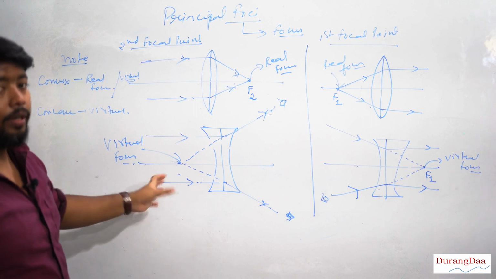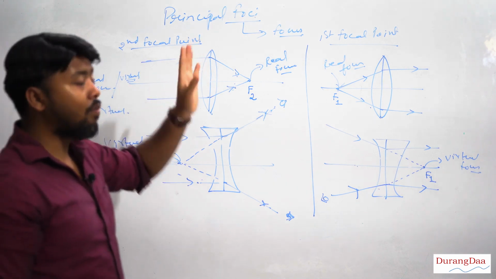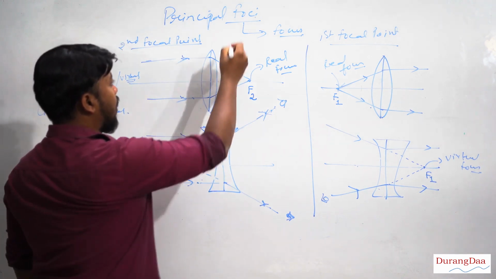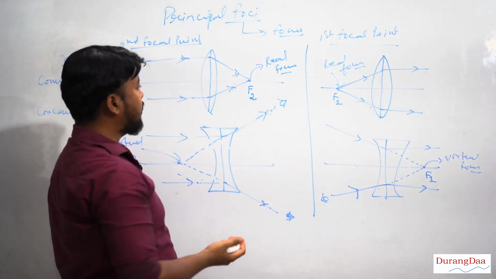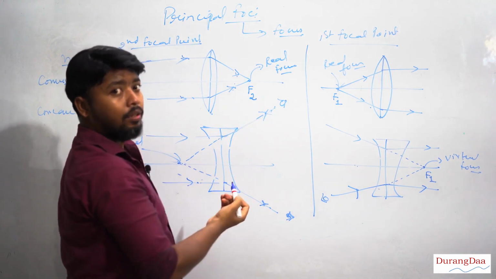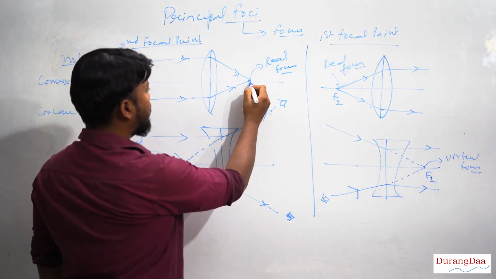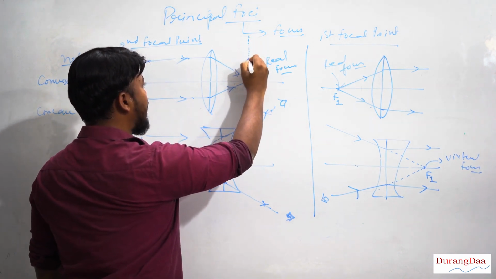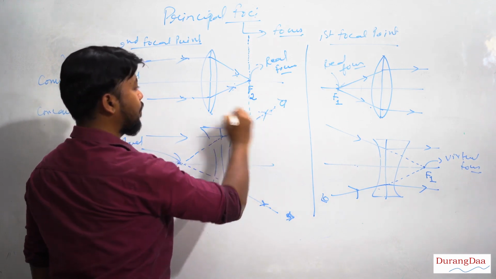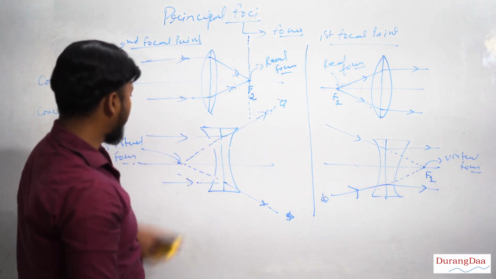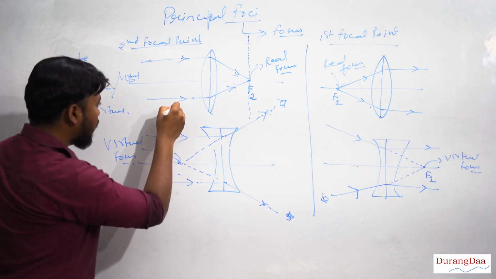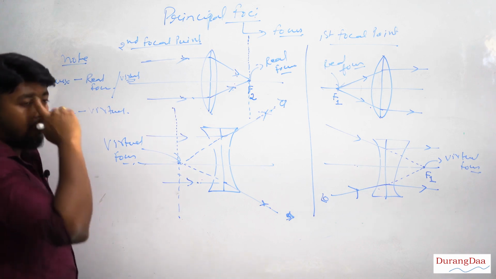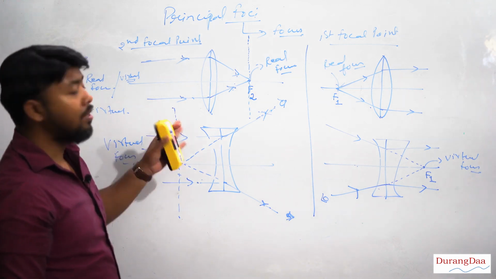If you have understood this properly, now it is time to understand what a focal plane is. A focal plane is nothing but a perpendicular imaginary line passing through the focus point over the principal axis. That means if this is the focal point, I draw one perpendicular imaginary line passing from here. For concave also, from the focal point, if I draw one line passing through it, perpendicular to the axis, this imaginary line will be called its focal plane.